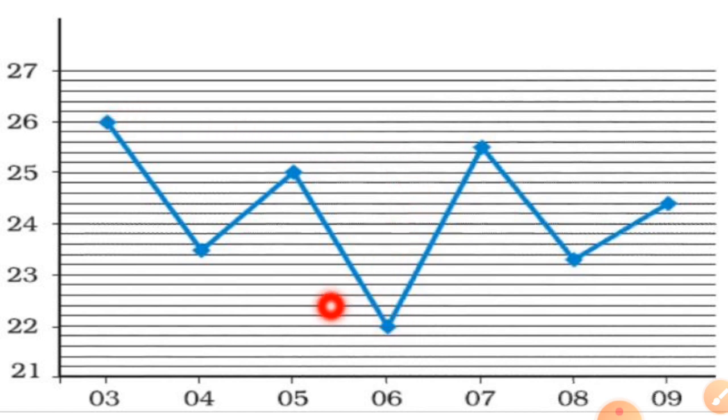So which day is the minimum temperature? Date 6. And date 3 is the hottest day because the temperature is the maximum, the higher temperature. So the maximum and minimum temperatures are recorded every day, and do you know how these temperatures are recorded? Yes, it is recorded, but how?